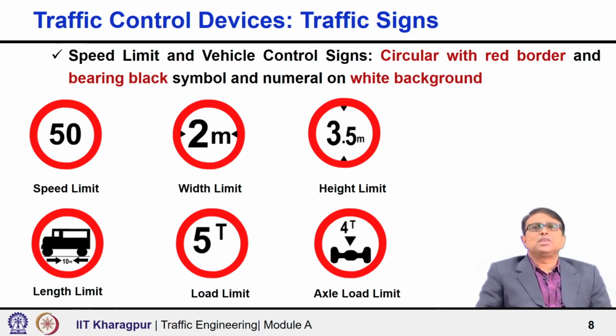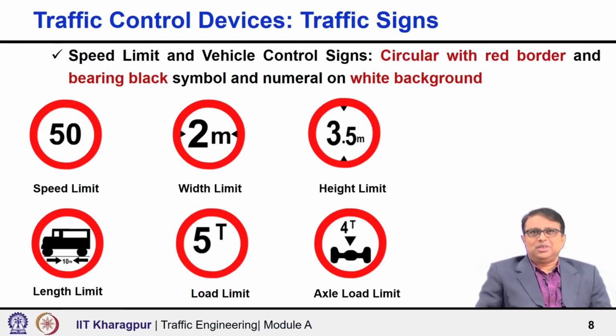Say, the first one is the speed limit. So, if there is 50 written like this, you know that the speed limit is 50 km/h and you should never ever violate that speed limit. So, next one is like